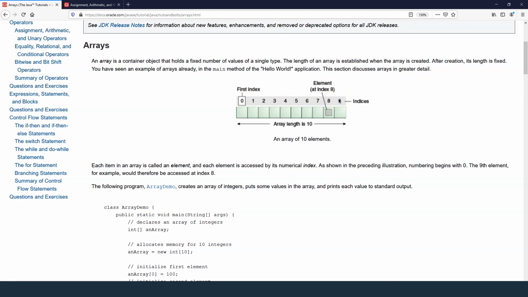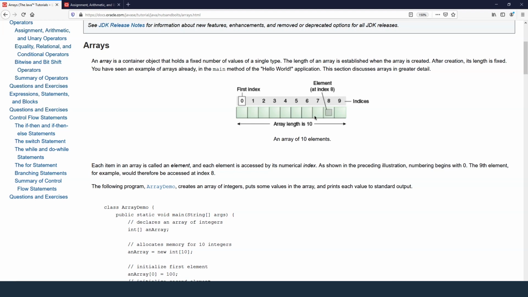Length can be anything. In this case, the length is 10, so the index ends at 9. If the length was 20, the last index would be 19. But in total, you have these 10 memory locations. We also call them continuous memory locations because they are continuously placed. An array basically blocks 10 memory locations and creates a container over it. So this is how an array looks inside the memory.